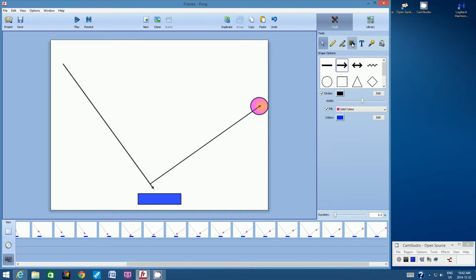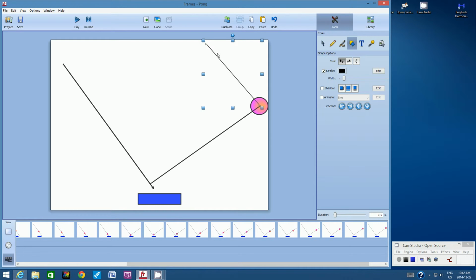So I'm going to go back to the shape tool. I'm going to click on the arrowhead and reduce the width. Now, from the center of the ball, I want this ball to rebound upwards. So how about here? Now don't worry about the size. If the size of the arrowheads are not consistent, we're going to delete them in the end. Alright, now that I've created my new path,